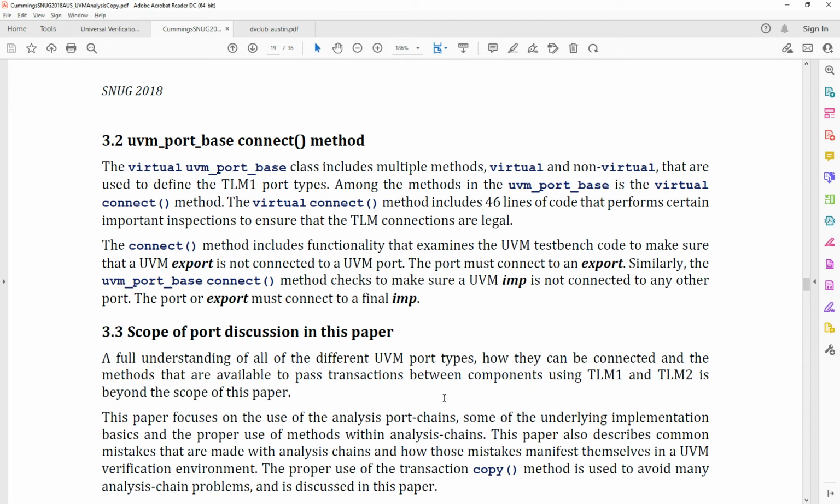3.2 UVM port base connect method. The virtual UVM port base class includes multiple methods, virtual and non-functional, that are used to define the TLM1 port types. Among the methods in the uvm_port_base is a virtual connect method. The virtual connect method includes 46 lines of code that perform certain important inspections to ensure that TLM connections are